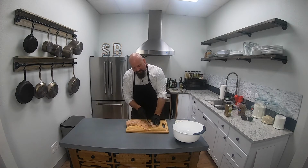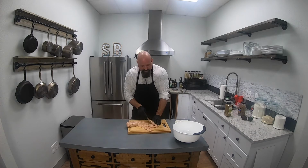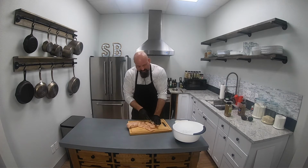It doesn't matter and it doesn't have to be perfect, you guys, but we're just cutting the chicken down. This is going to allow it to cook faster. It's going to be easier for us to season it, get it coated all over the place. And we're just cutting what I like to call little feather slices of chicken out of this beautiful Savory Butcher